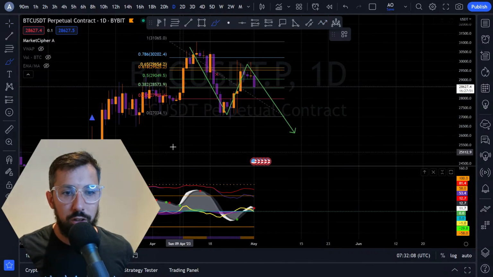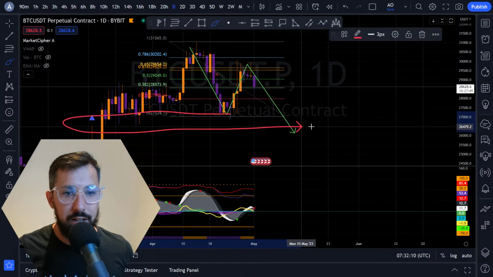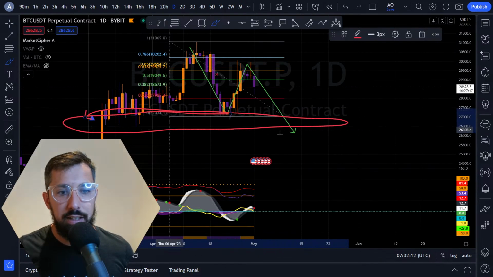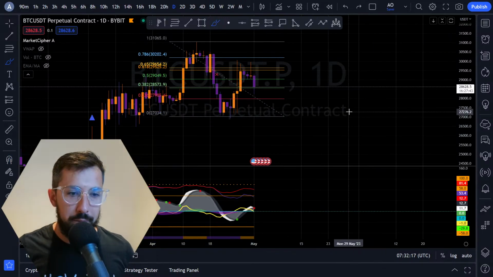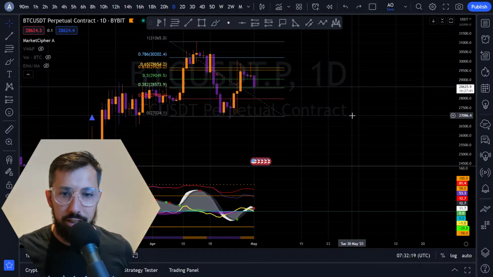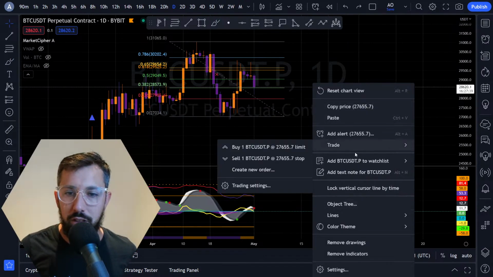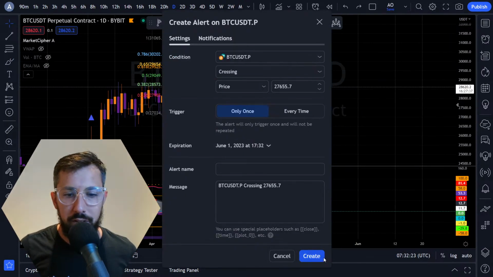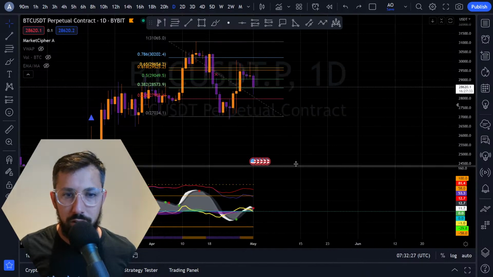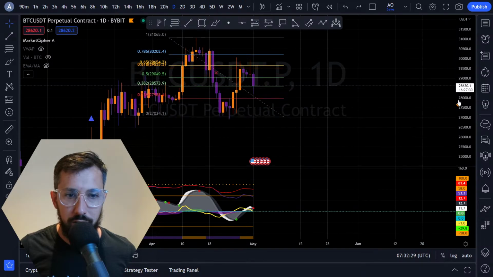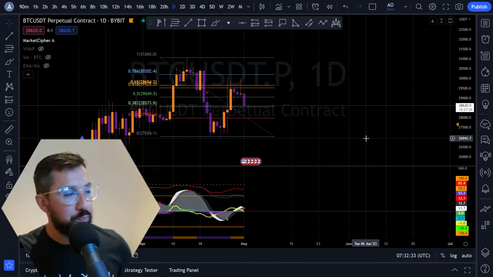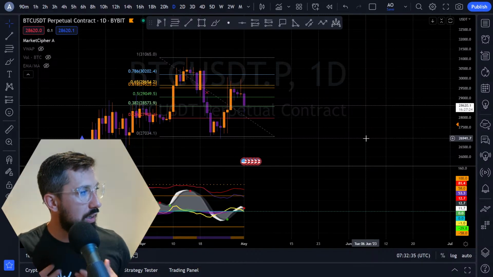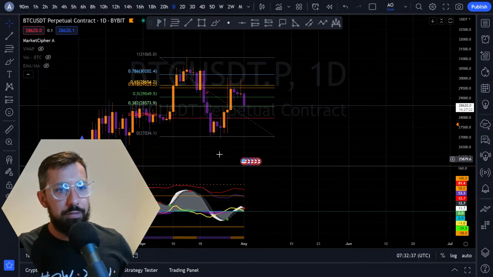What do we know about lower lows? We know about this key level of support, okay? This key level of support, note it down, put it in your pen book, maybe even put an alert here. Let's put in an alert because alerts are good. I haven't been very diligent with my alerts, so we're going to put an alert there. There we go. I need to be better with my alerts. See? Self-awareness, my friends, self-awareness.